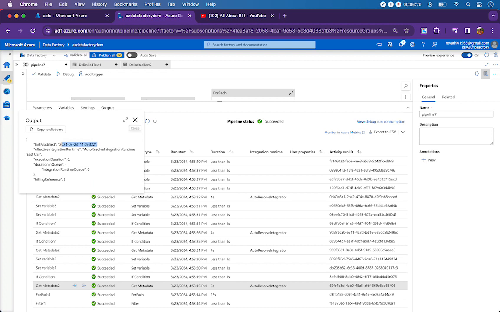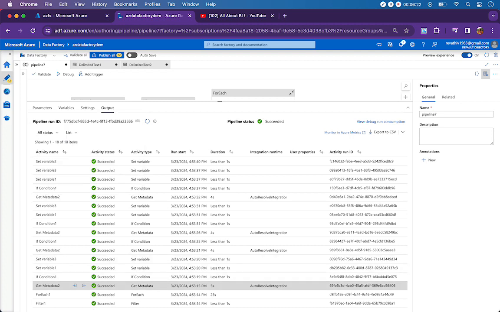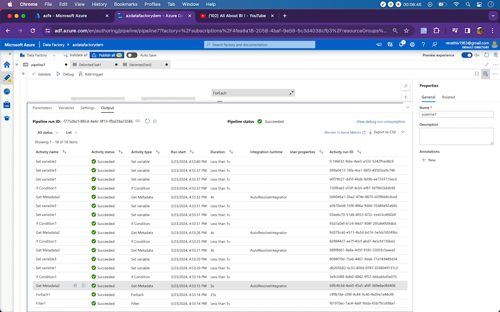Okay, so every time Get Metadata brings a value, the if condition will evaluate that value with the variable value, and if the Get Metadata value is greater than the variable value, it will go and assign to the variables. Okay, if the Get Metadata value is lesser than the variable value, it is not going to assign anything. So finally, if you look at the final variable,